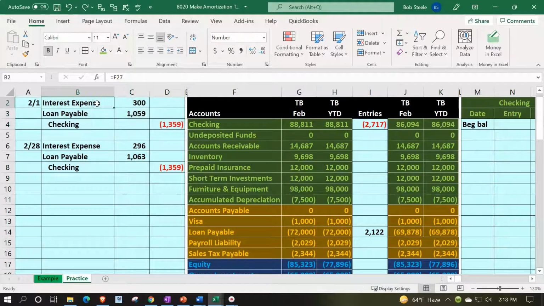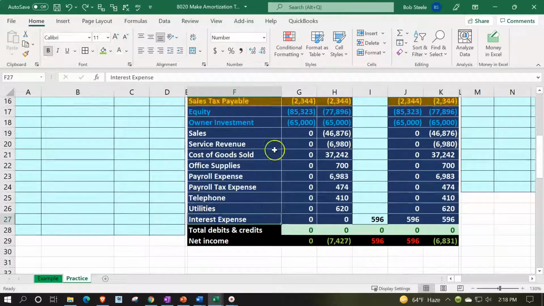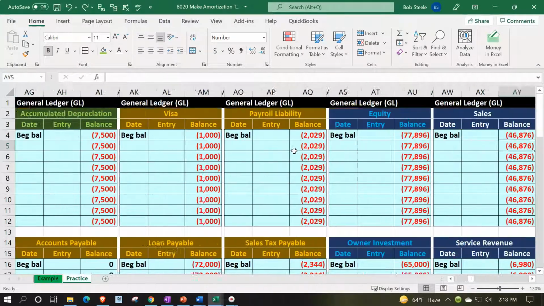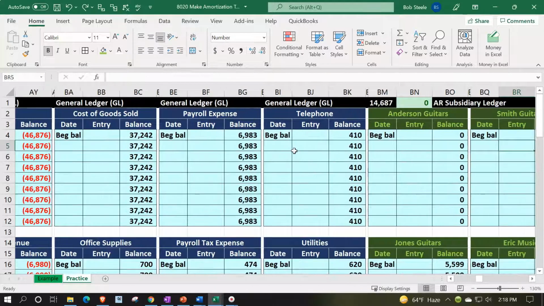So on the interest, I'm going to go to interest. We've got to make a new account. I put that way at the end. So I'm going to make a new account in the GL way at the end over here. I'm going to copy from the skinny over to BK, right click and copy. I'm going to put that in the skinny right here. I'm going to right click in the skinny,